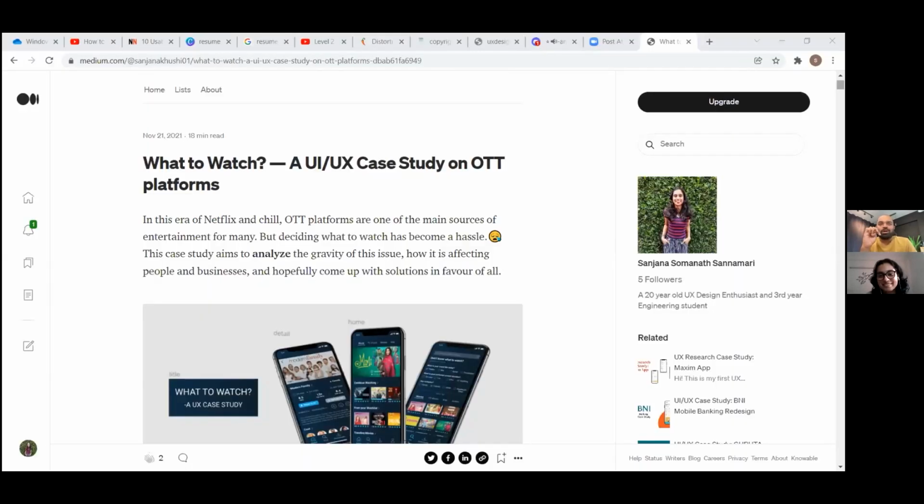Of course, this girl is too young. She's doing some, what, third year? Huh? What are you doing? Yeah, third year engineering. She's still in third year engineering. 1.5 years left for her to go looking for jobs. But